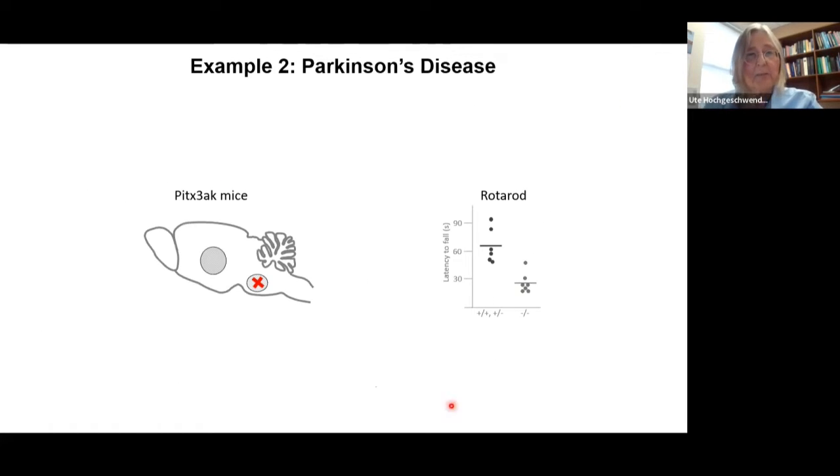The second example was a mouse model of Parkinson's disease, the PITX3 AK mice. AK is for aphakia. The eyes of these animals don't have any lenses. They have a bunch of other problems, but for us here, the main thing is that they fail to develop dopaminergic neurons in the substantia nigra,